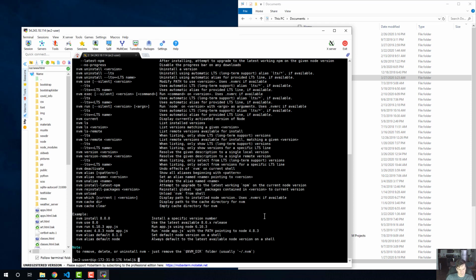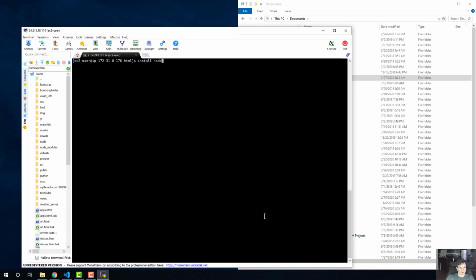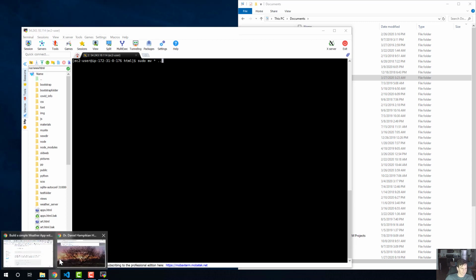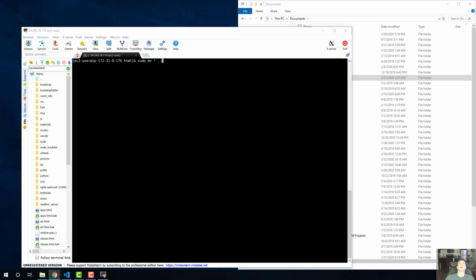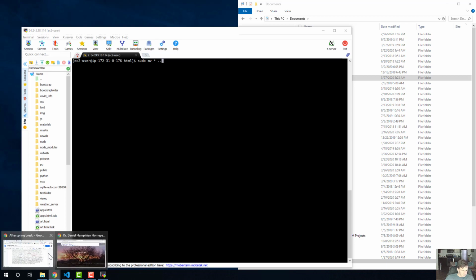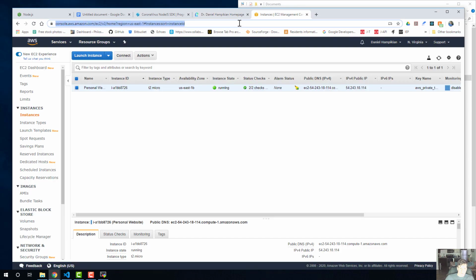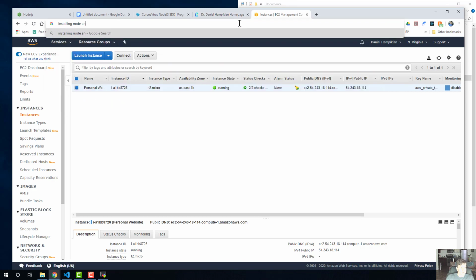But basically you want to install Node somehow onto your server, and depending on what type of server you have, it'll be a little different. So once again, that process, and I'll link to some resources for this in my tutorial. Let me see if I can pull that up for you right now. I don't have it. Let's just Google installing Node on